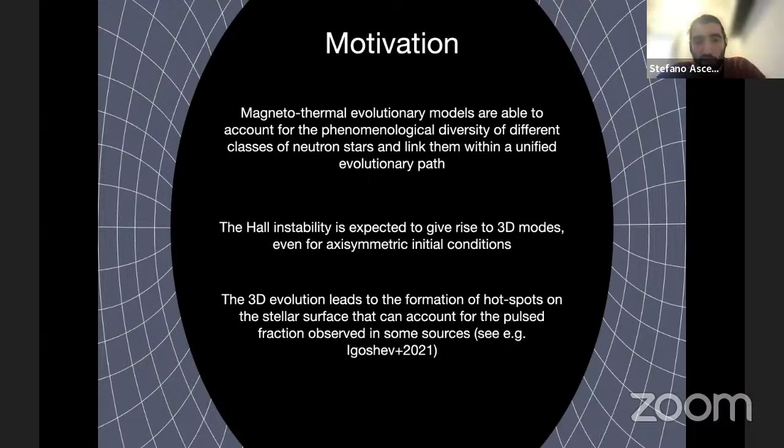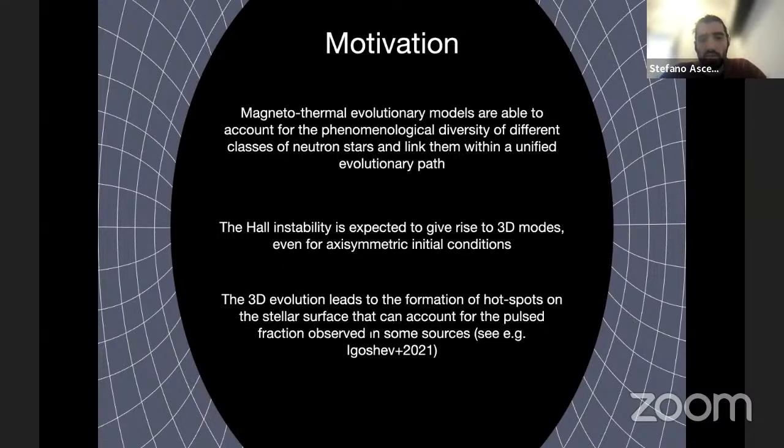And why do we need the 3D code? Well, because we know that even if we start with axisymmetric initial conditions, provided that they are realistic, and probably they are not, the magnetic field evolution is expected to give rise to 3D modes, and so the axial symmetry will be broken. And then we know that the 3D evolution leads to the formation of hotspots on the